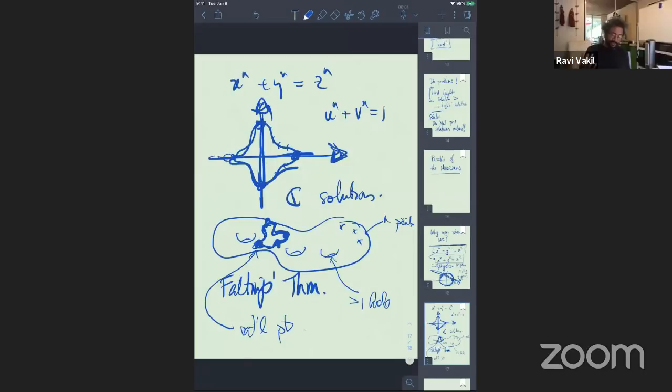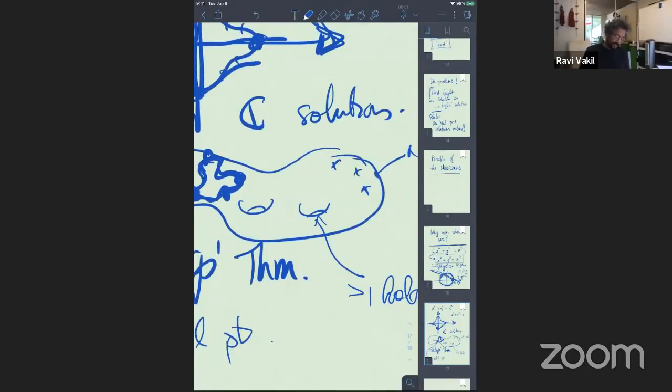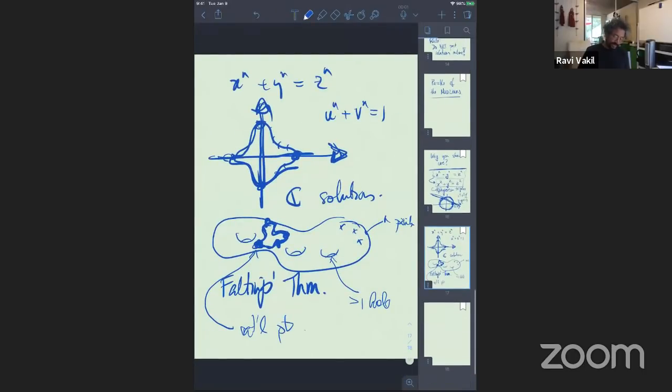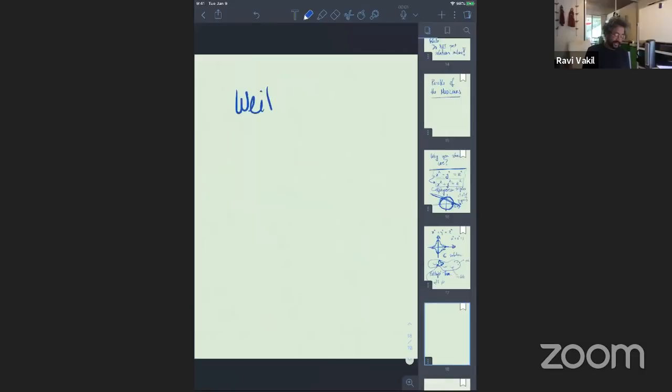So something very deep and magical is going on that we knew for decades before Faltings appeared to be going on, and it's something linking the arithmetic, the geometry, the topology, and the algebra. So that's a flavor. And the Weil conjectures, I should not do something like that. Instead, the Weil conjectures are a different flavor that also show something miraculous.